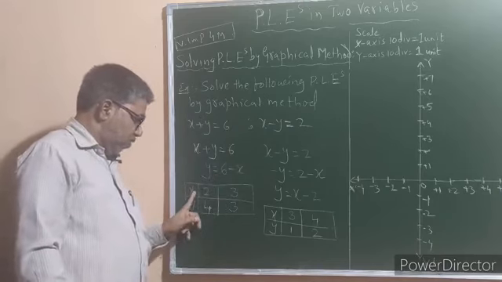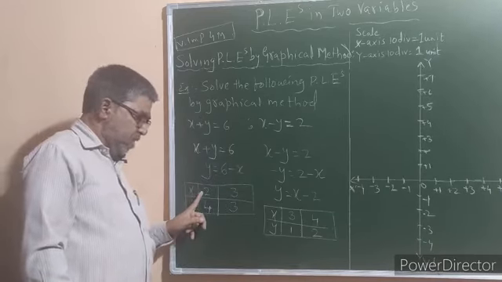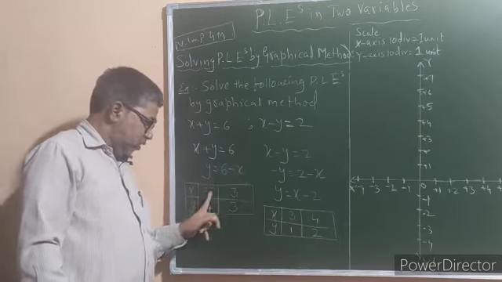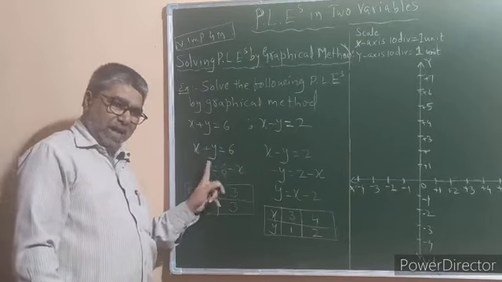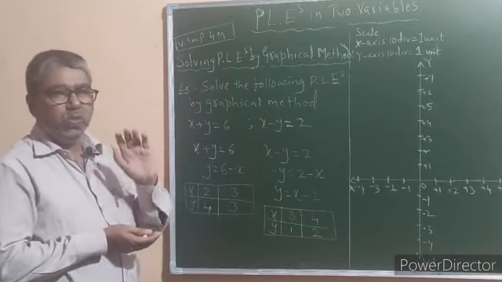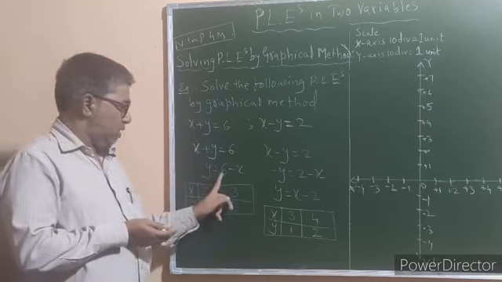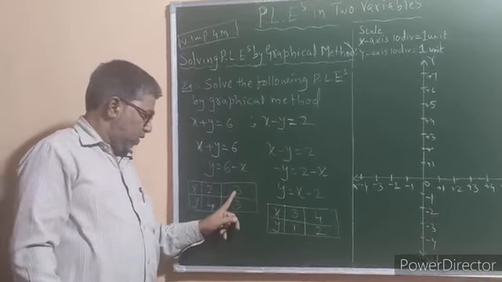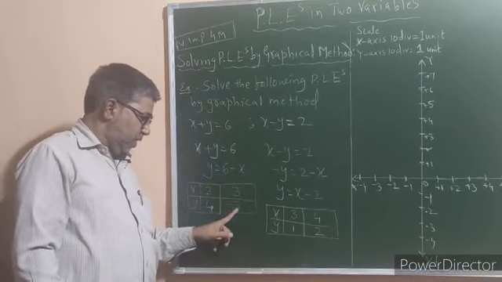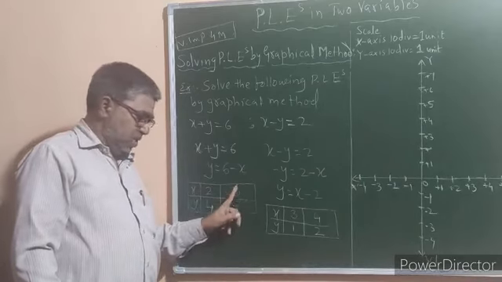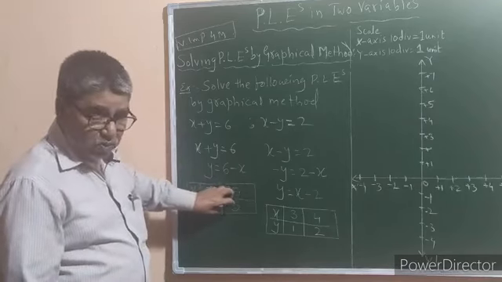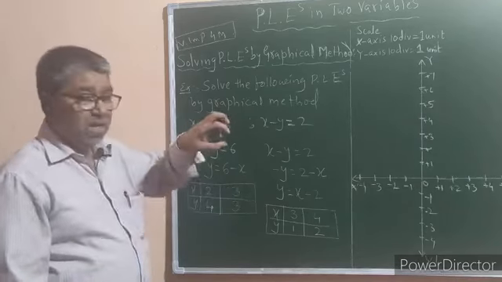Now draw a table for the values of x and y. Consider the value of x as 2. If you replace x by 2, you will get 6 minus 2, and 6 minus 2 is nothing but 4. So if you take the value of x as 2, you will get the value of y as 4 according to this first equation. Now if you take the value of x as 3, replace x by 3, 6 minus 3 will be 3. If you take x as 3, you will get the value of y also as 3. So this is the table for the values of x and y for the first equation, x plus y is equal to 6.